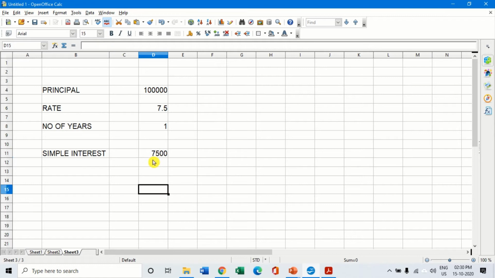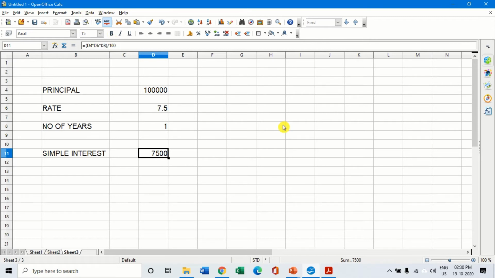When I write a formula in this cell and press the enter key, it gets calculated, right? Now in goal seek, I give the value, the goal that I want to achieve, and it will calculate back in reverse. My goal is that I want to get an interest of say 10,000 rupees, and to get that, how much should I invest? What should be my principal amount, with the rate remaining 7.5% interest?